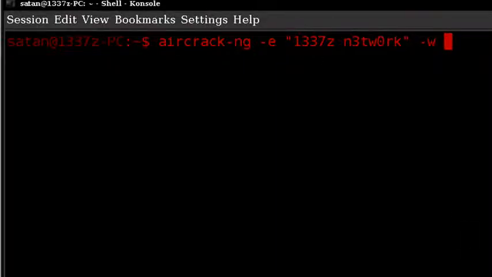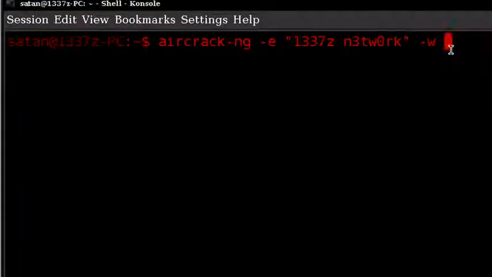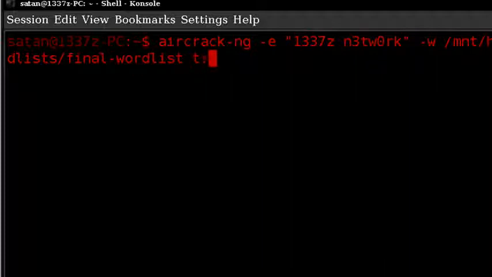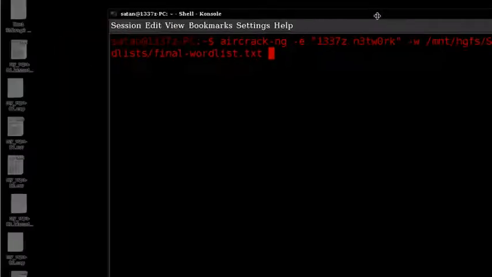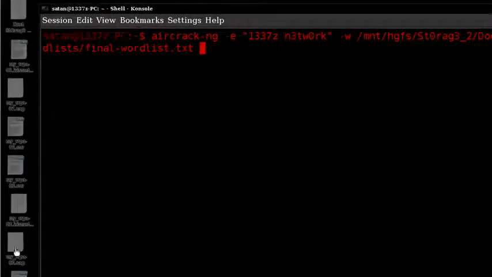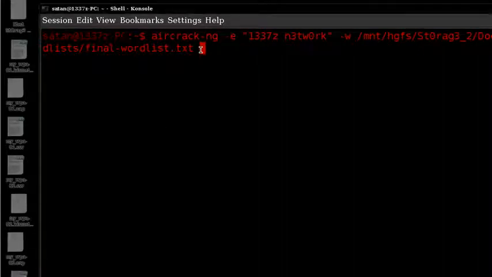And we're going to use that for the word list, so I can just switch over to my Konqueror to obtain the path to that word list I made. Okay, great. And I can just add the direct file we're accessing. Okay, and then once we have that information down, we can go ahead and also notate down the cap file, which has that handshake that took place, and that's going to be this one right here. So just copy this and notate down the directory it's in,